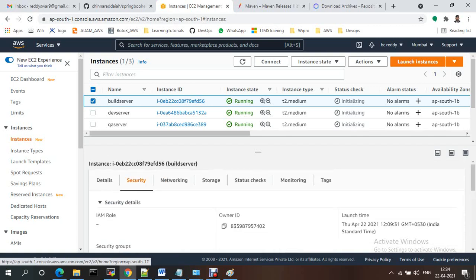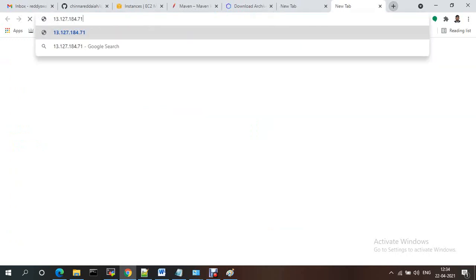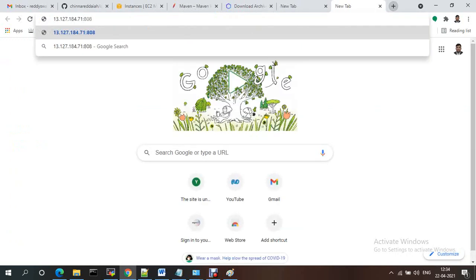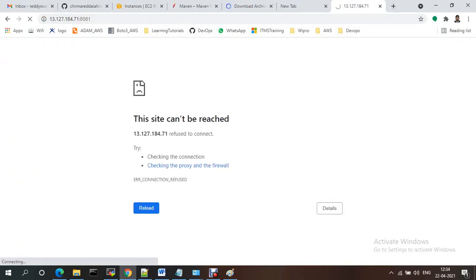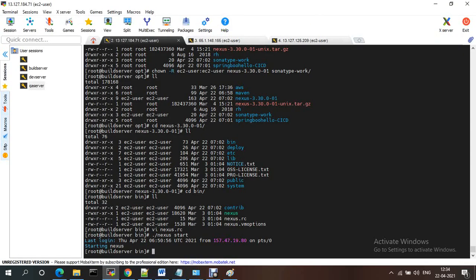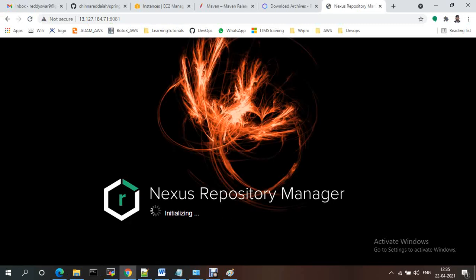So now we can take this public IP and use port 8081. Let me check ps -ef grep nexus. It is running. See, it is coming up now. It will take some time initially.